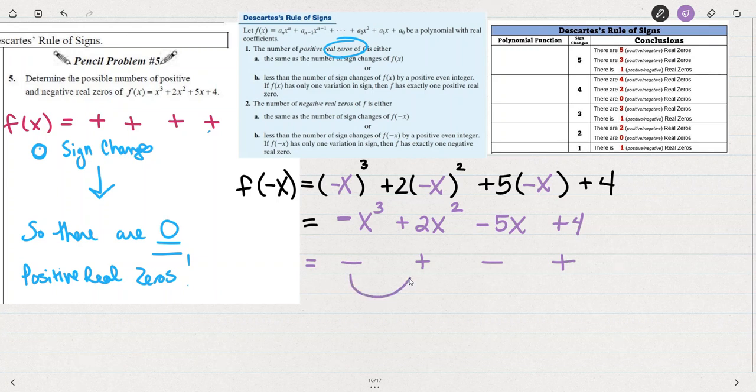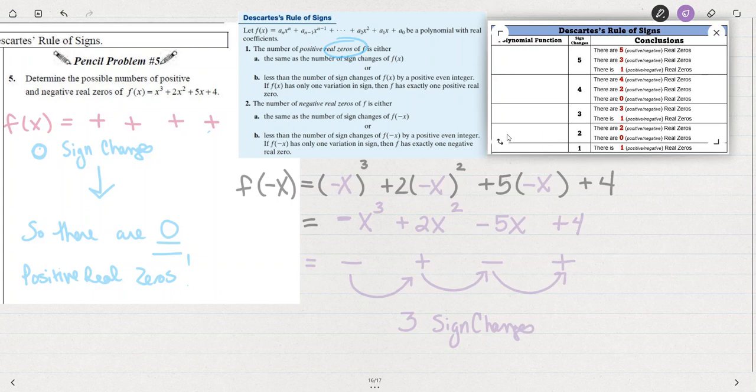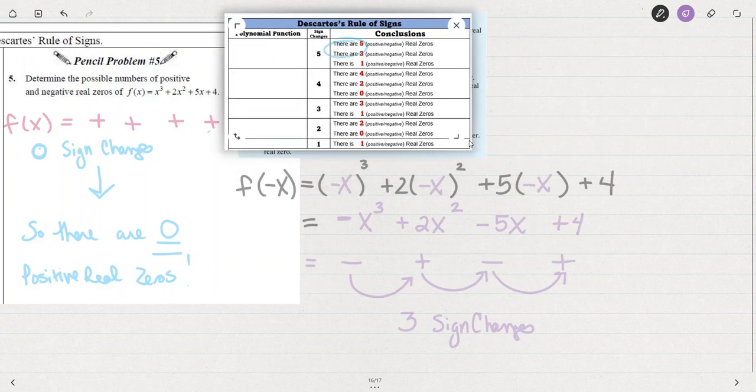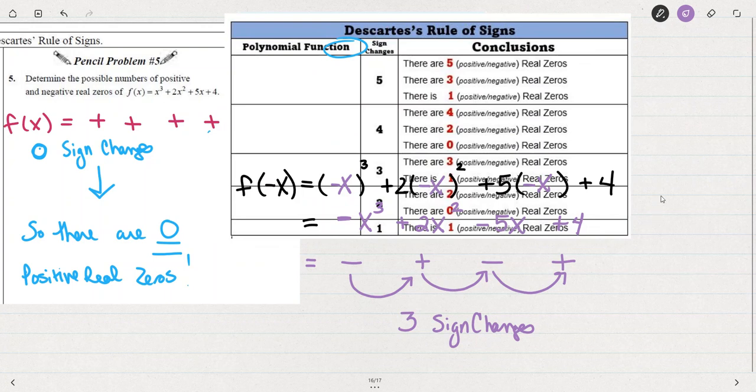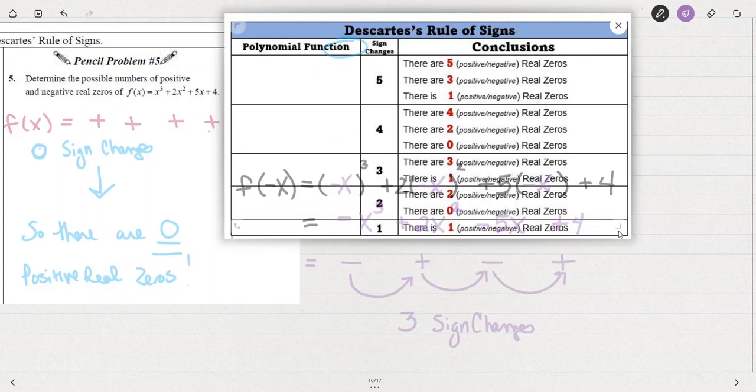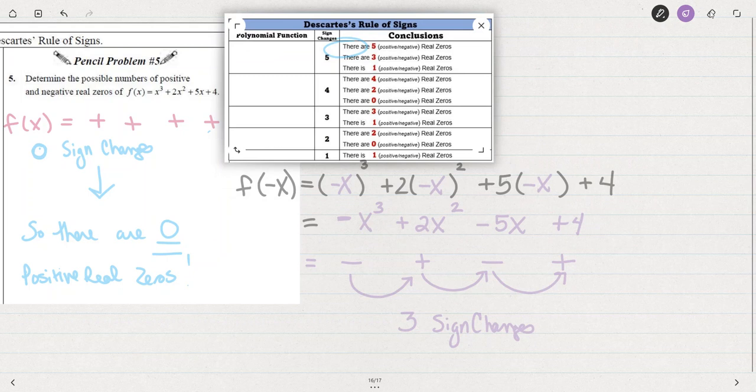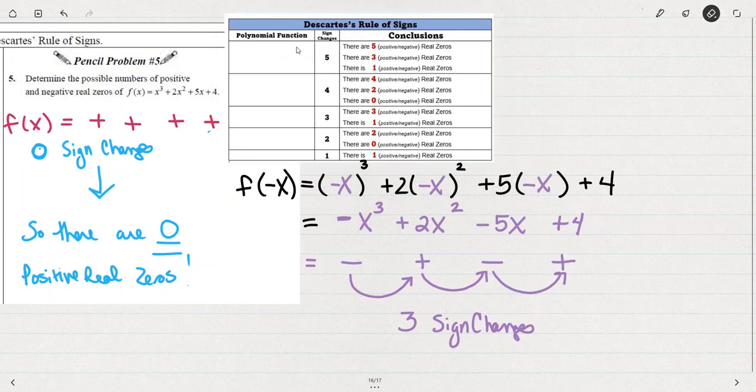From negative to positive, there's a change. From positive to negative, there's a second change. From negative to positive, a third one. So there were 3 sign changes. Here's what we do next. Here's what Descartes' rule of signs tells us. Let me make that a little bit smaller. If I have 3 sign changes, let me highlight it. If I have 3 sign changes,